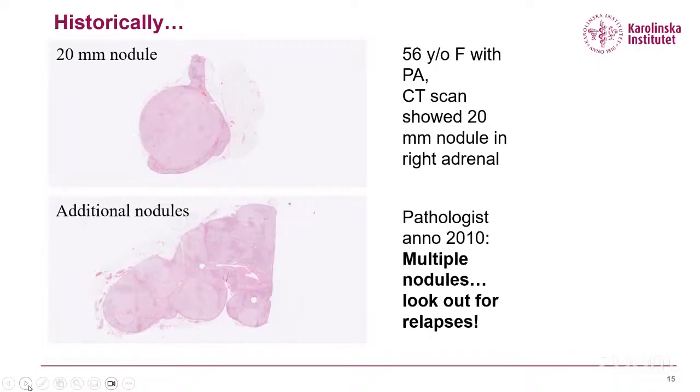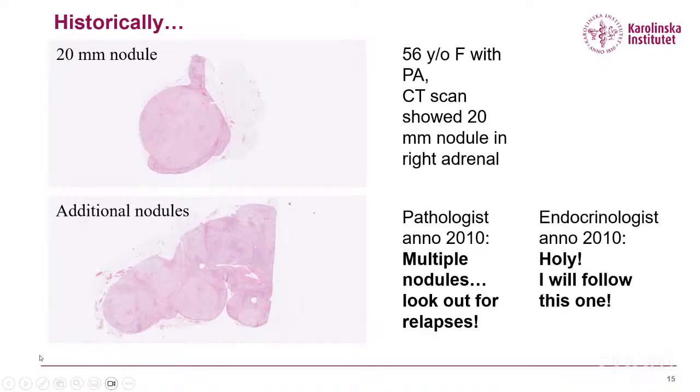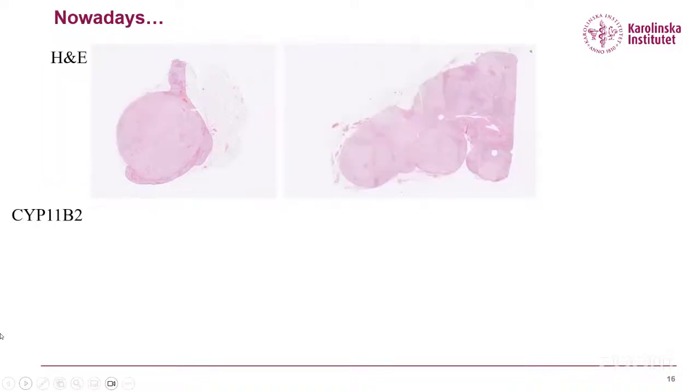So in 2010, we said this is the previously known entity, adrenocortical hyperplasia, which would now correspond to multiple aldosterone-producing nodules. However, with this information in hand, the endocrinologist is forced to follow this patient for relapses on the contralateral adrenal. However, with the use of CYP11B2, which was retrospectively applied on this case, you could see that the main